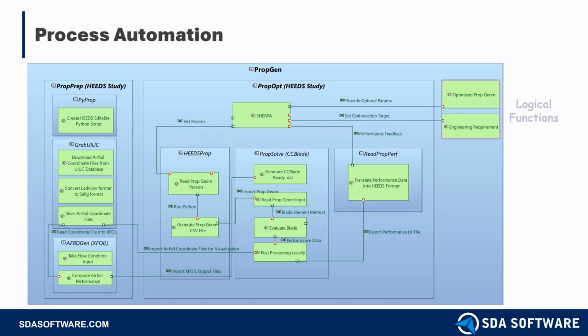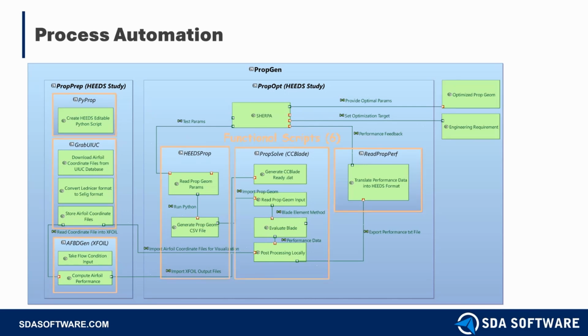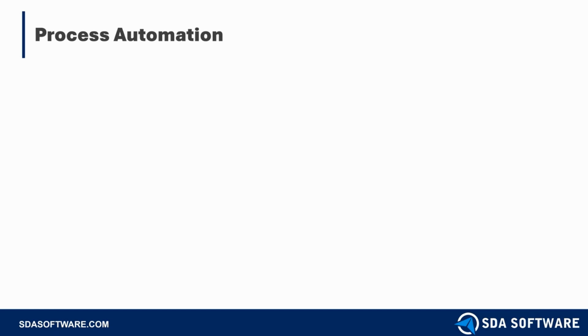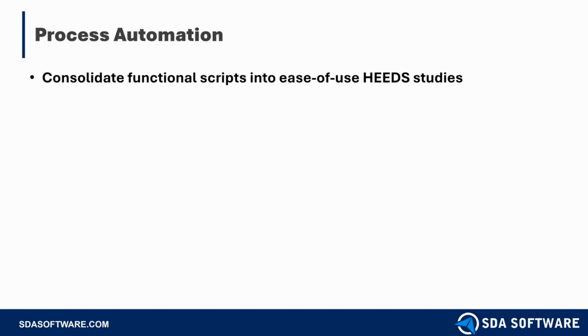Basically, you can see these green boxes are the logical functions of the corresponding systems. When 2 green boxes have a green connection between them, it's just saying there's data transfer or there might be functional exchange. If we look at the smallest box, that is our functional script. There are 6 of them, and I was able to consolidate them or group them into subsystems. This is all done through HEEDS, because HEEDS helped me consolidate these functional scripts into what I call ease of use